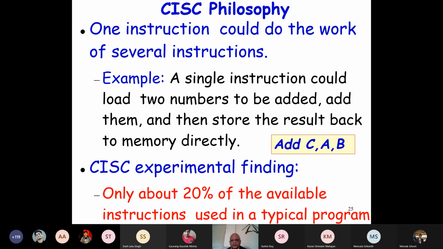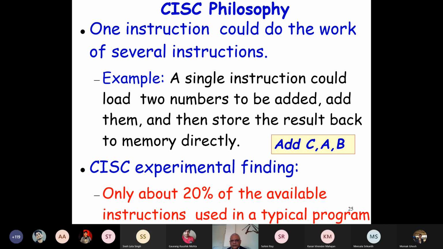If two numbers could be directly fetched from the memory in one instruction, the number of instructions is important, right? If you could write only 100 instructions and your program works, you are a good programmer, and the processor will work fast. Therefore, each instruction will have memory operands. In the same instruction, data will be fetched from memory, operated on, and the results stored back in memory directly. That was the requirement. So these are memory operands.